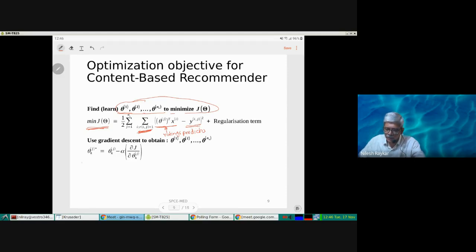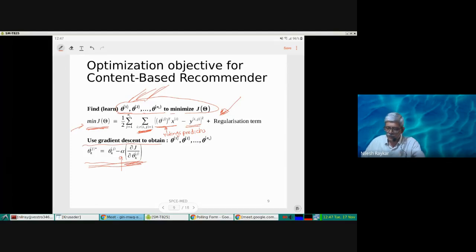By using the gradient descent method that we applied in linear regression, this formulation is familiar to us. This is nothing but our linear regression problem, where we can calculate the theta values by the gradient descent method, taking some learning rate and the gradient of this cost function, or error function, with respect to each theta term. So this problem can be solved by the regular linear regression method. You can find the theta values, and once they are known, you can predict the rating for any of the books or any of the unknowns.